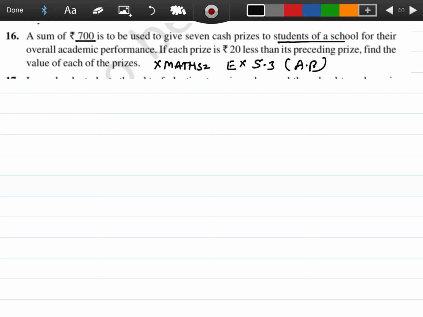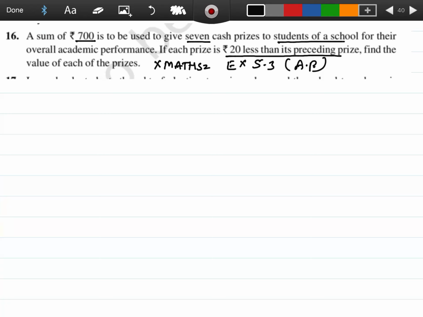A sum of rupees 700 is to be used to give 7 prizes to the students in a school. What is the sum here? 700 rupees to be used to give the 7 prizes. How many prizes are there? 7 prizes are there. If each prize is rupees 20 less than the preceding prize,